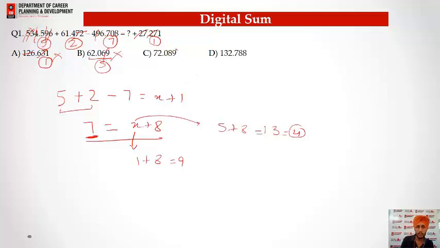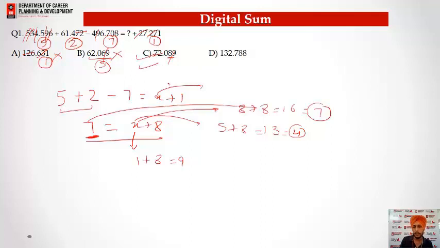So in the third option 9 can be ignored. 7 plus 2, again 9, so the digital sum of this particular option will be 8. So let's put 8 here, sorry, here only. 8 plus 8 is equal to 16. Digital sum will be 7. So what we need, we also need 7, so we can equate both the sides. So 7 is equal to 7, so we can say our correct answer will be 7.